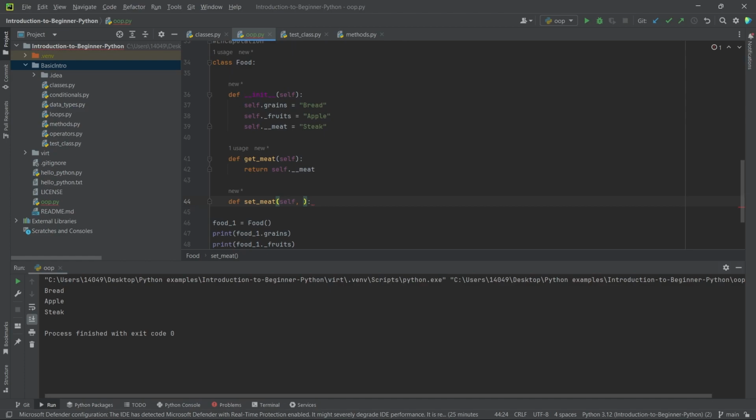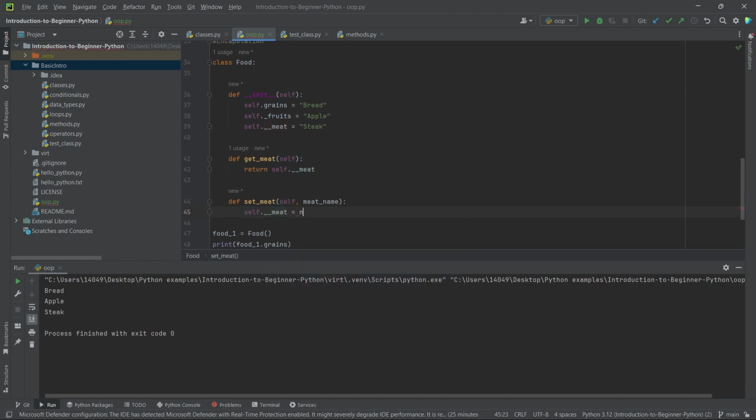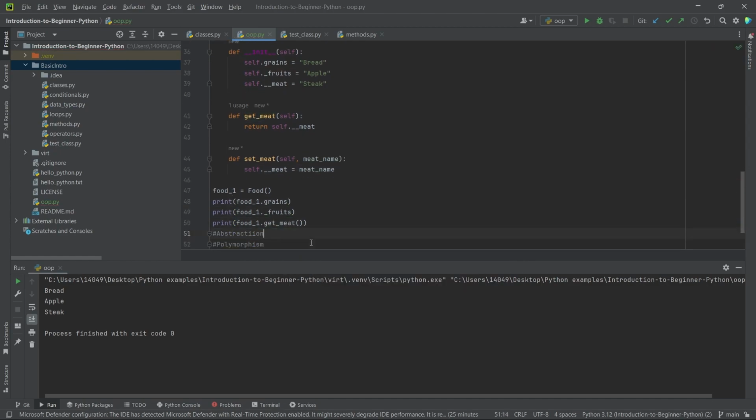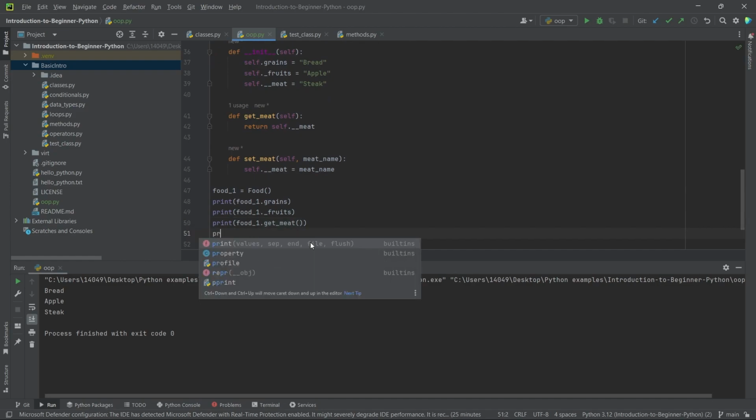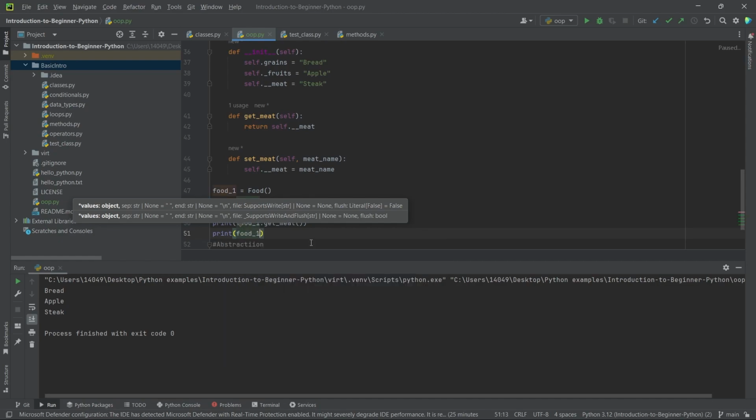And the parameter that we have here is the name of a new meat, so meat_name. What we're going to do is not return anything, but set self.__meat equal to meat_name. So now when we have this setter, we can have print food. We're going to get meat from food one dot set_meat, and we're going to set the meat name to something different, like